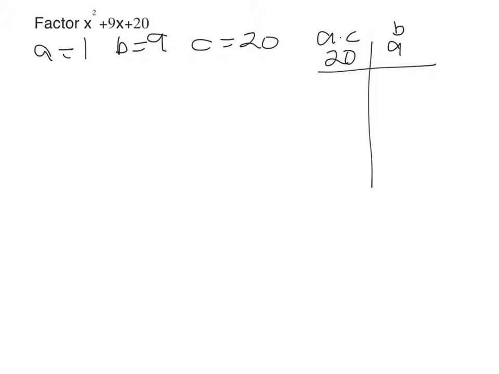So to start off, we will just start listing some factors of 20. So 2 times 10 is 20, and 2 plus 10 is 12, which is not what we want. Fair enough. Okay, and you can list as many as it takes. Generally, sometimes you can get them on the first try. So I know the answer is it's 4 times 5, because 4 plus 5 is also equal to 9,